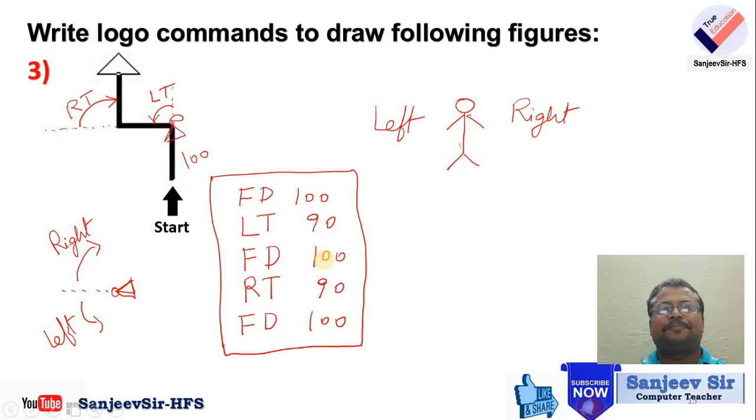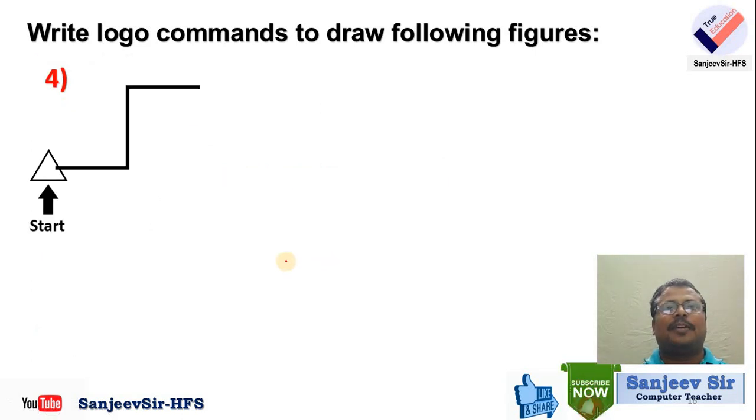Yes or no? So now we move to the next question, question number 4. In this question, there is a little twist. Here the head direction is this one. So in this direction the turtle is not going to draw the line. The turtle needs to draw the line here, that means this side line. That means the turtle will turn first. So here will first be a right turn.